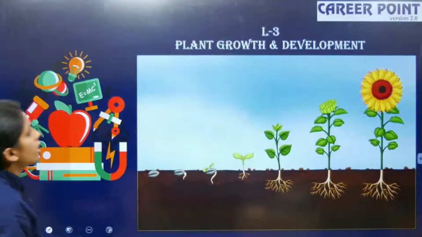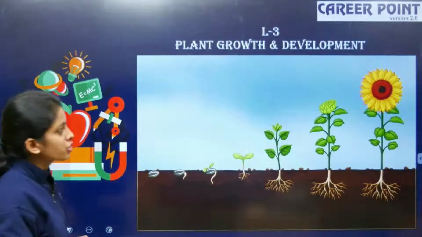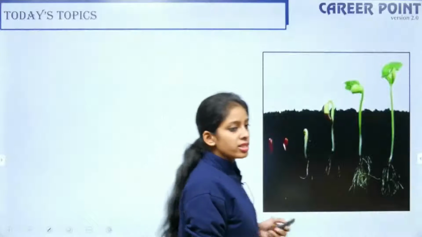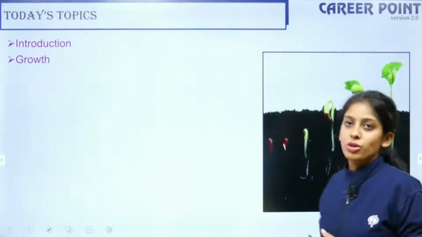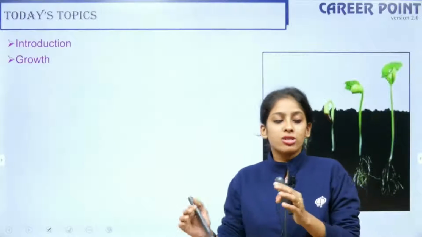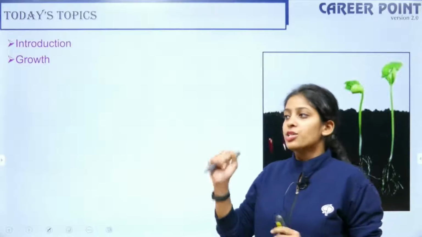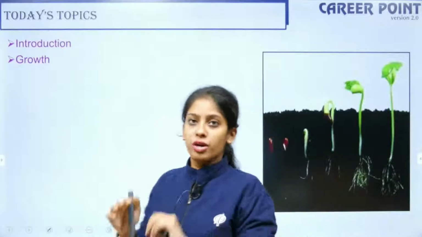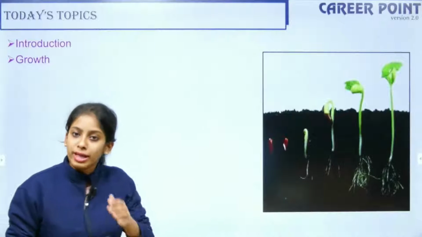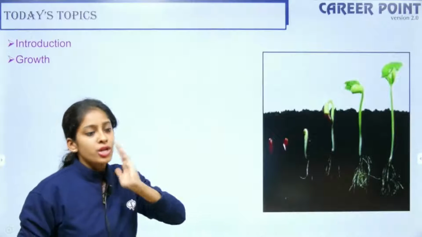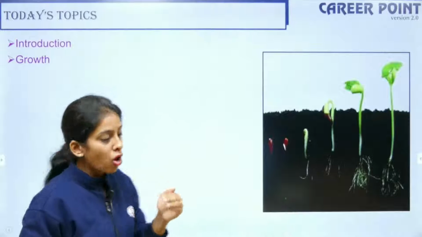Moving forward, lecture 3 of plant growth and development. What is the thing that we were talking about? We introduced how plants grow in a sequential order. How come the flower does not come first, but it's your root and your stem that come first, then you have your leaf, and then you have your flower? How does the plant grow? Know the order.